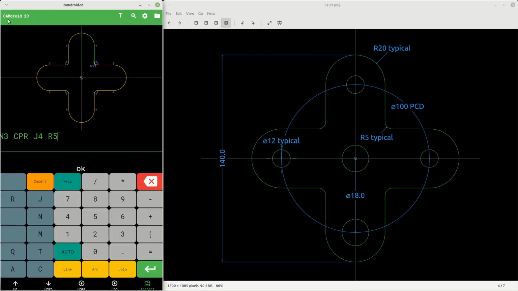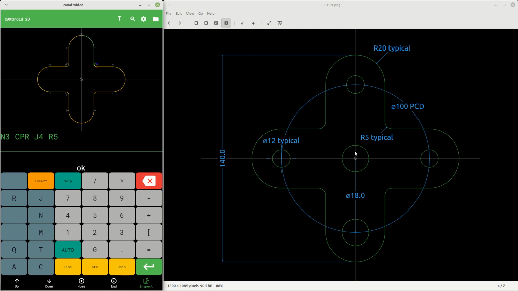Okay, now we can actually add in these drilled holes. So I'm going to press enter, go on to mode 3, hole with a long press, diameter 18. That's our first one. Hole CX0 CY minus 50, which is part of that PCD. Diameter 18,